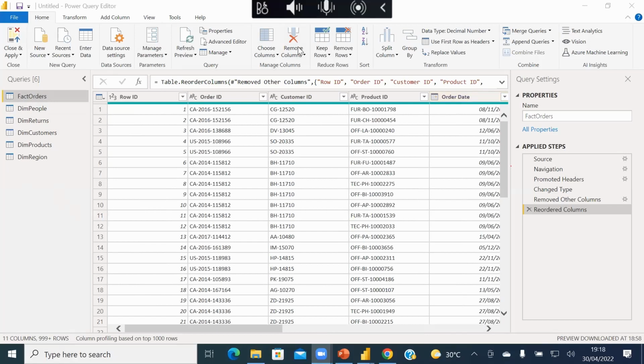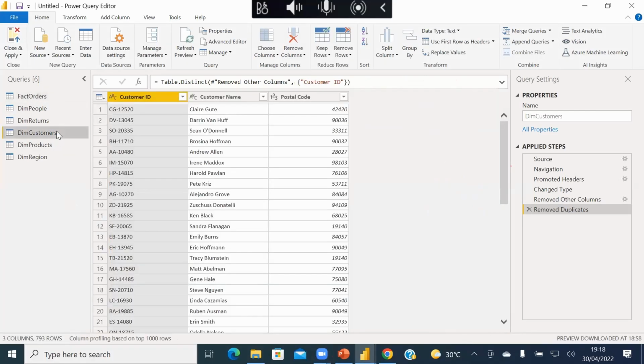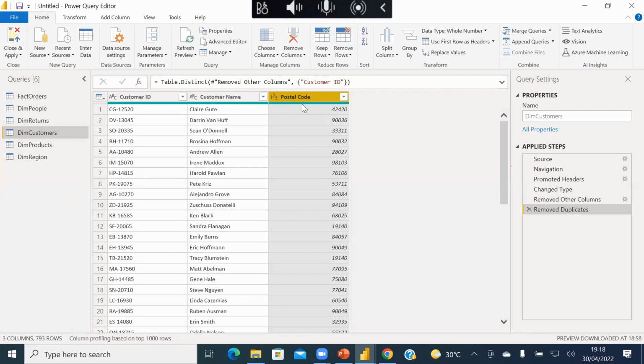Somebody's asking, why must the postal code be unique, please? Okay, so if we go back to our customers table, we have the customer ID, we have the customer name, but we don't have a way of linking these customers to a particular location. You get that? So we need a means to link these customers to a location. Okay, this is a customer in Lagos, this is a customer in Ghana, or this is a customer in Kampala, for example. So if you see this postal code, when we now go back, right now the postal code is a foreign key here because it is not primary to this table.